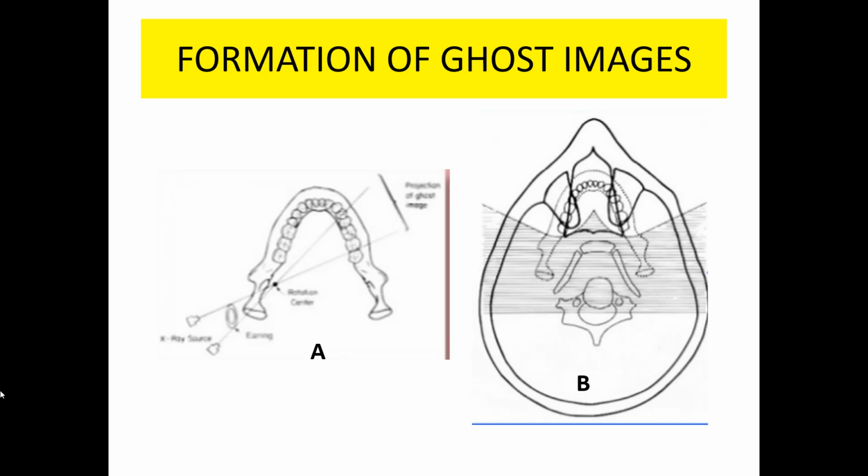Ghost images are formed when objects are located between the X-ray source and center of rotation. Figure A. Normally ghost images are formed as represented by the shaded portion, that is figure B. Midline structures seen at the posterior limits tend to be ghosted on the central portion, for example lead apron, neck chains, etc. And lateral structures seen at the posterior limits get ghosted on the contralateral side of the image, that is the inferior border of the ramus of mandible and earrings.